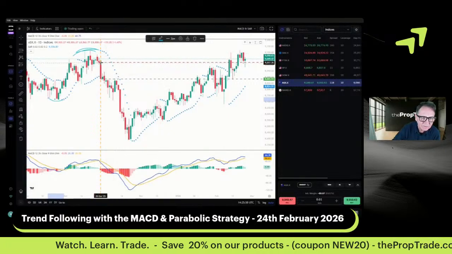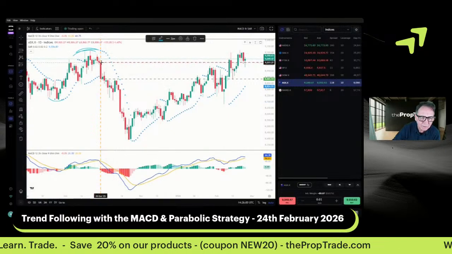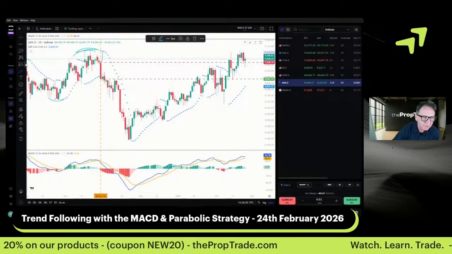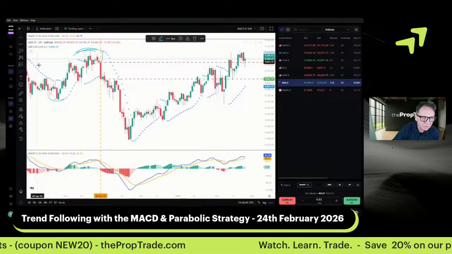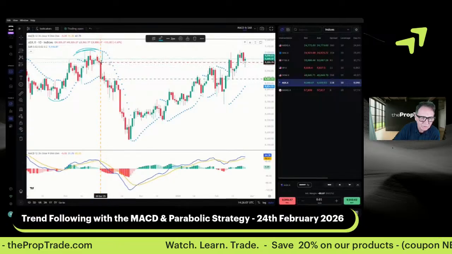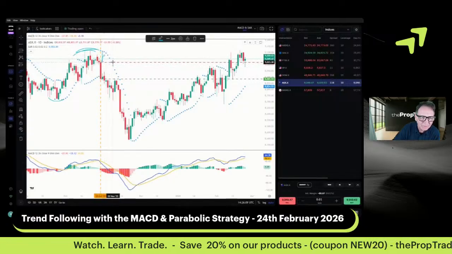So you can see the beauty of the parabolic SAR is, quite, sorry, it's using it as your stop loss. It can be catastrophic because it's a long way away. But